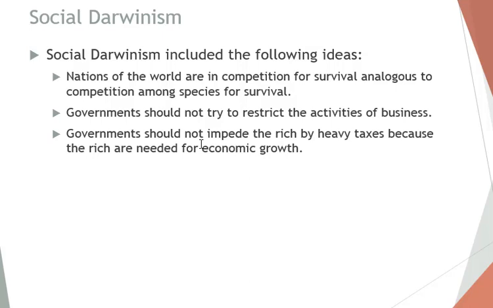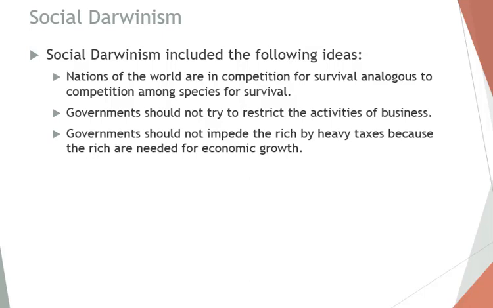Countries that do very well from an economic and a cultural perspective end up having much more influence on the world stage. Then there's the idea that government shouldn't try to restrict the activities of business. That's the idea of capitalism. Capitalism is also a form of Darwinism. The ideas of capitalism were even established before Darwin. Authors like Adam Smith, people like that lived a long time ago, but they had this idea that what you do is you let companies compete, and then the best companies, the ones that provide the best service and have the best customer satisfaction and are able to do things the best, are the ones that are going to survive